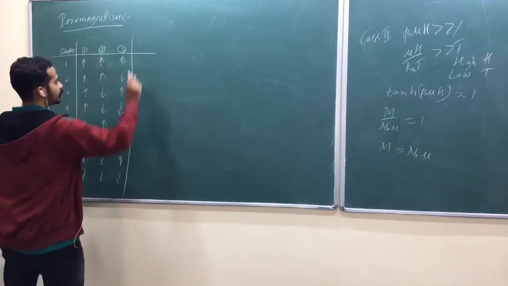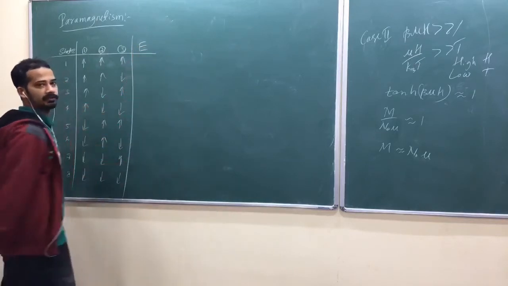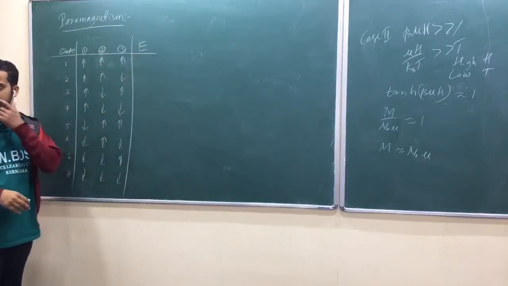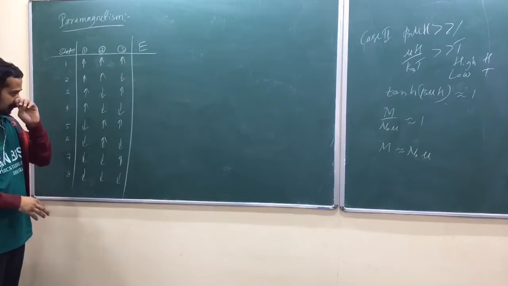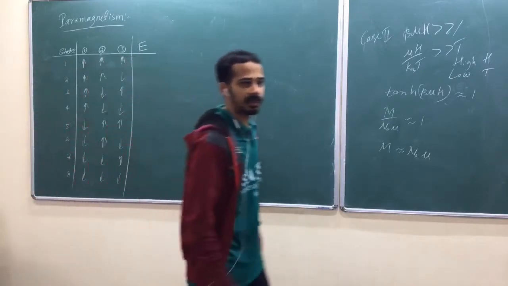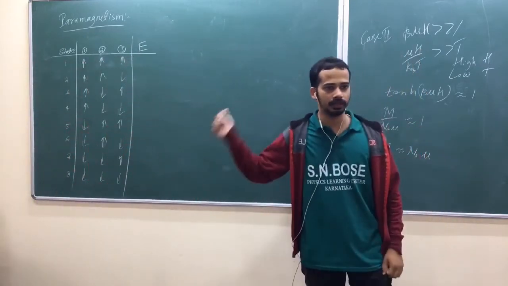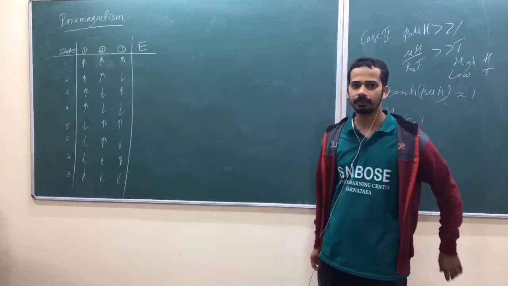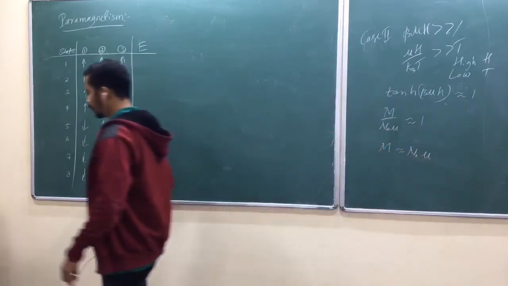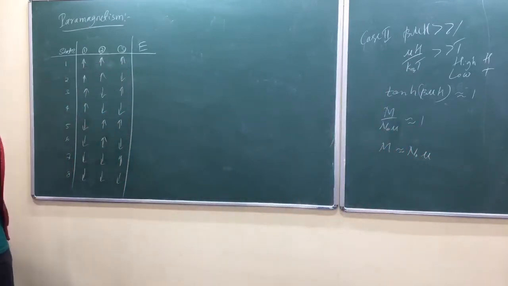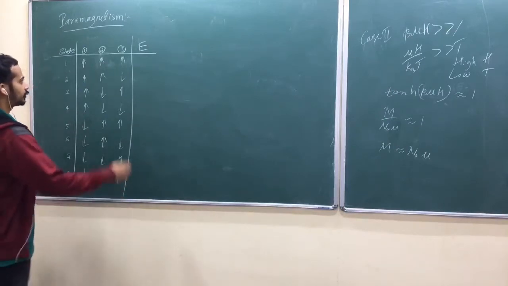Now what are the energies? Total energy of the system, capital E for total energy. I have a 3 particle system now. Actually, our aim is not to apply this for a 3 particle system. We will apply that one for the whole solid. Our paramagnetism is done. But let me show you how it works. I mean, how we can divide the system and we can talk about single particle partition function, okay.